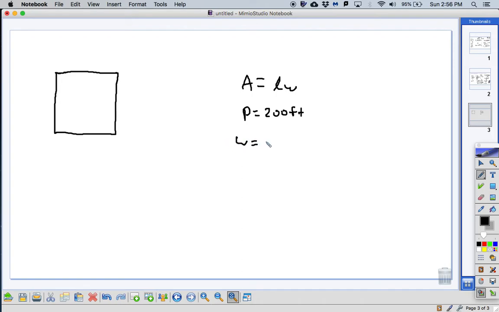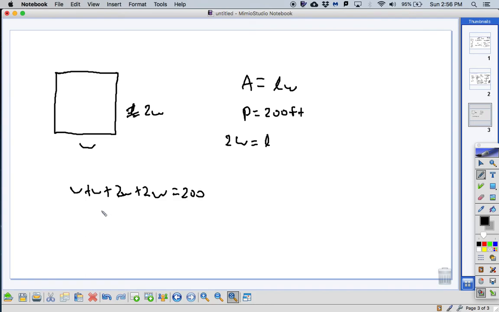So if the width is twice the length, if I have the length, I get 2 W's for every 1 length. So when you write this width and length, you're going to change one of these to be over here. So our width is going to stay the same, but our length is going to be 2W. And then I'm going to use the perimeter. So the perimeter is all the way around, so I'm going to have W plus 2W plus W plus 2W is going to be